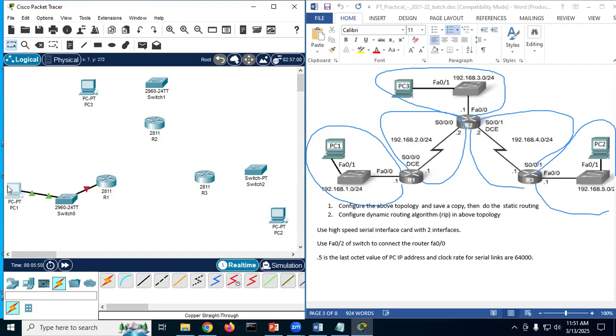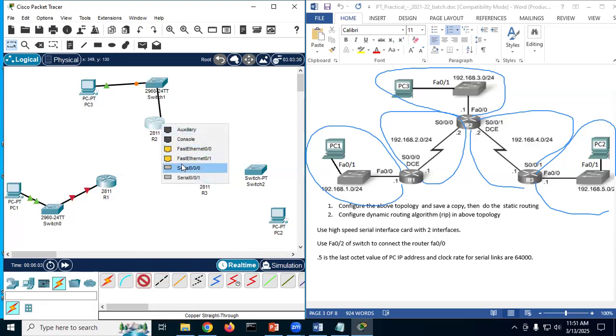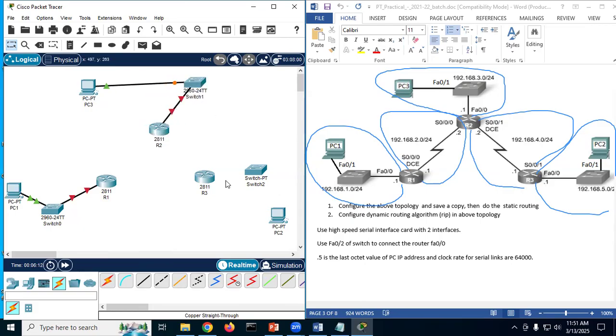Similarly, the other sides also we connect. PC3 Fast Ethernet 0 to Fast Ethernet 1, Fast Ethernet 2 to Fast Ethernet 0 to the router. Right. Then this one again we connect PC2 Fast Ethernet 0 to switch Fast Ethernet 1 and